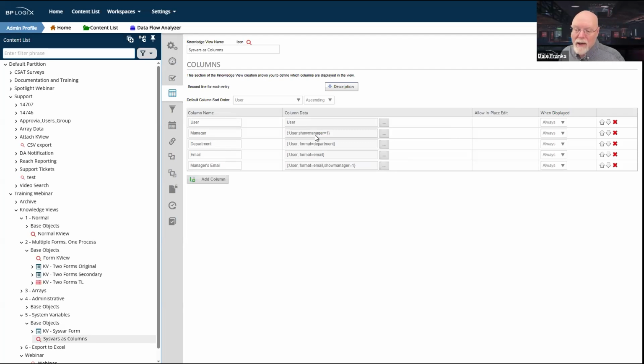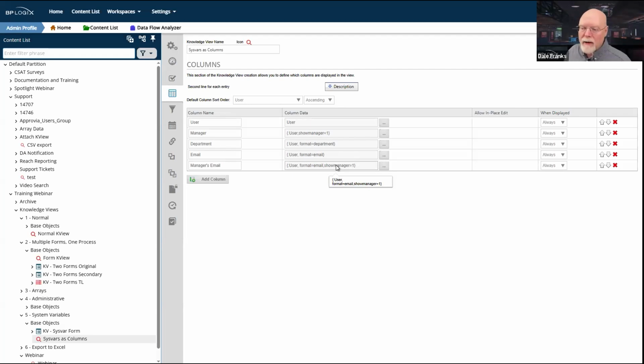And this data, by the way, is nowhere on the form. The only thing that's on the form is the value in the user picker, which technically is just the user UID, the GUID that gets assigned to each user. Based on who that user is, based on their GUID, I'm going out and just getting all of this other data that's assigned to them, and I'm just showing it via system variable.